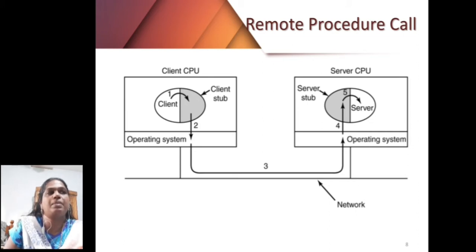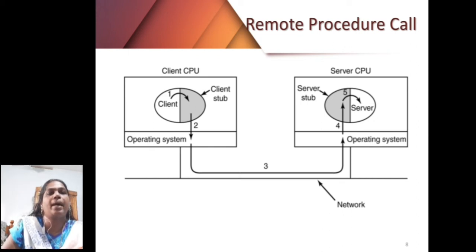The different steps followed for establishing this remote procedure call are as follows. The client side process sends a request, and the request is sent to the client stub. The client stub is a piece of code which converts the requirements into a message. In the third step, the message is received by an RPC routine that is held by the operating system, and through this it is received on the receiver side. On the receiver side, the information will be received by the server stub.